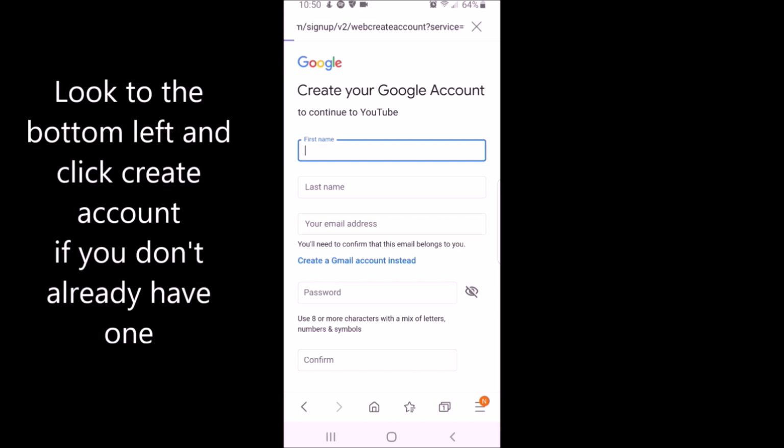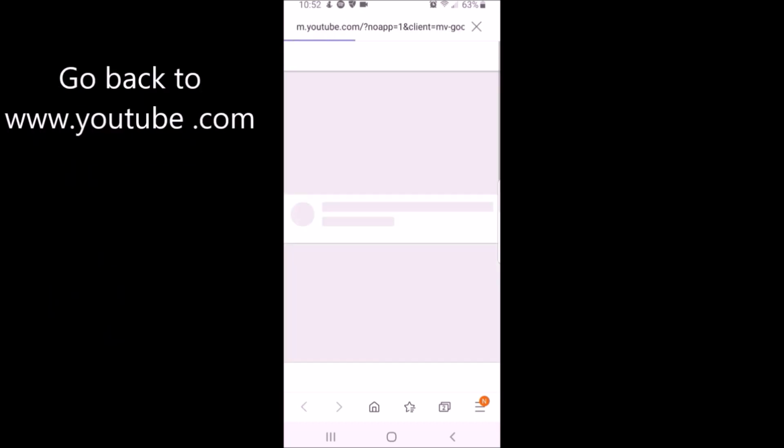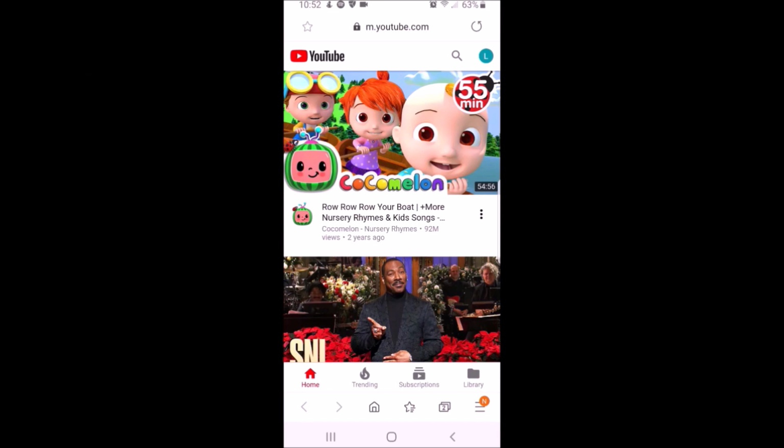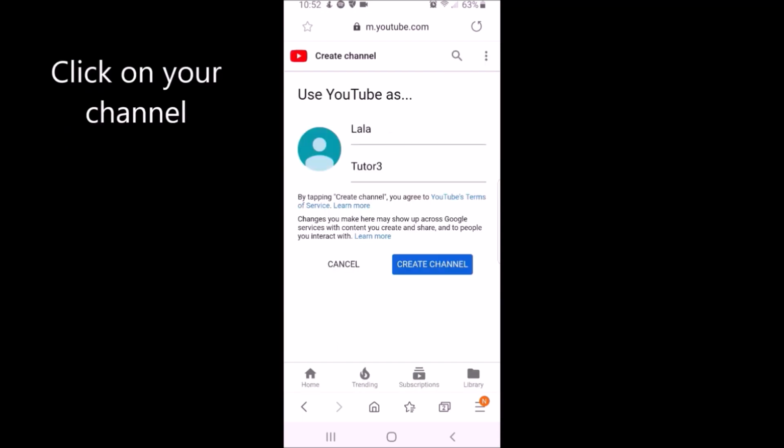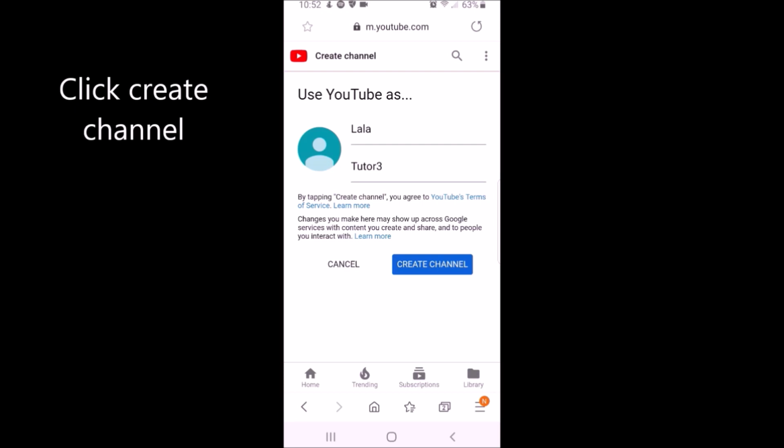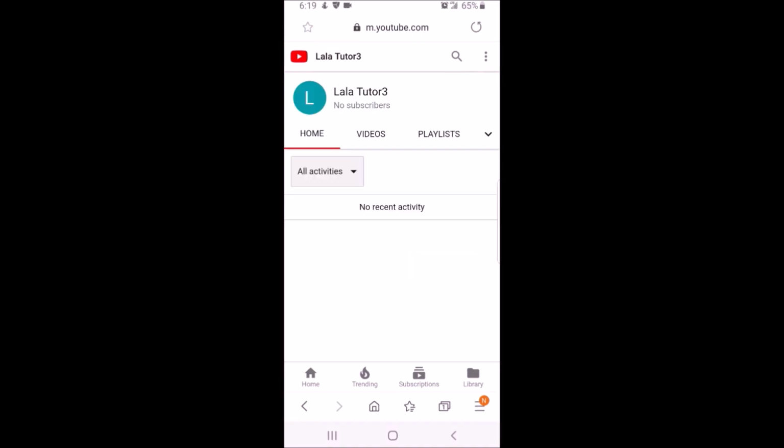Go ahead and fill out all your info, and once you are finished, it should take you back to the YouTube homepage. After you're signed in, click on your profile icon. Click on your channel, and then click Create Channel. It will bring you to this page, but as you can see, there are no options to edit or upload